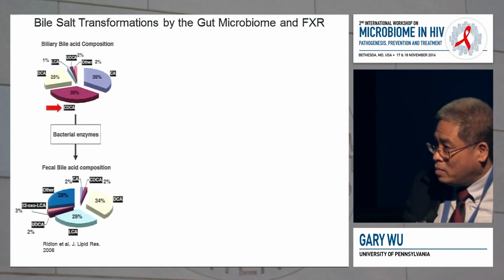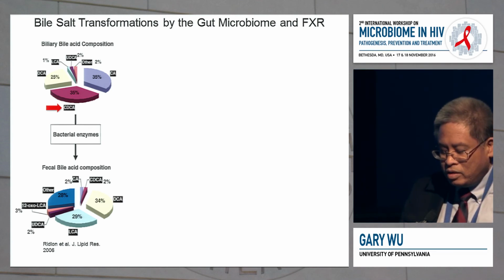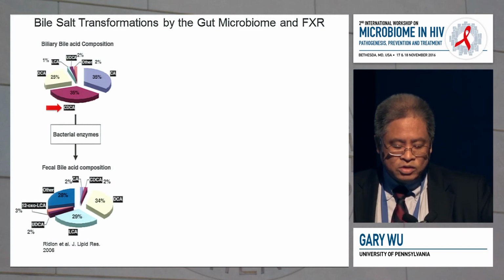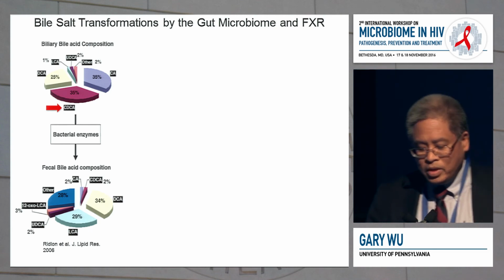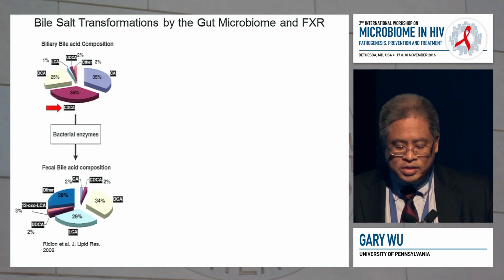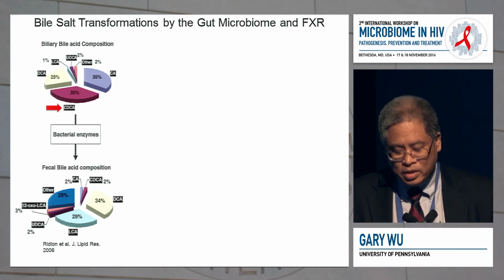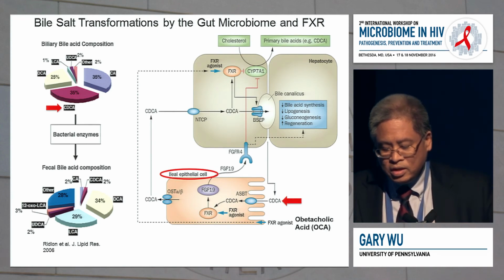So again, primary bile acids from the liver are metabolized by the gut microbiota through deconjugation and then dehydroxylation into secondary bile acids, which are primarily the bile acids that we find in the colon. This is actually quite important in Clostridium difficile infection in ways that I really don't have time to talk about, but these do have very important physiologic impacts on the host.